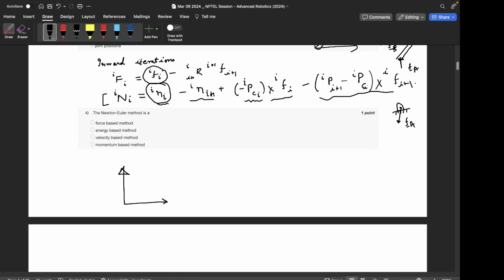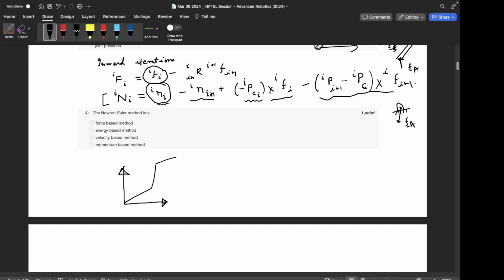So this way you won't be confused, because forces are being applied by every link on the other link, right? Link i minus 1 is also applying a force on link i, and link i is applying an equal and opposite force on link i minus 1, right? Is that point clear to you? Yes, sir. Right. So that's the physical part. The physical understanding is up till that only,